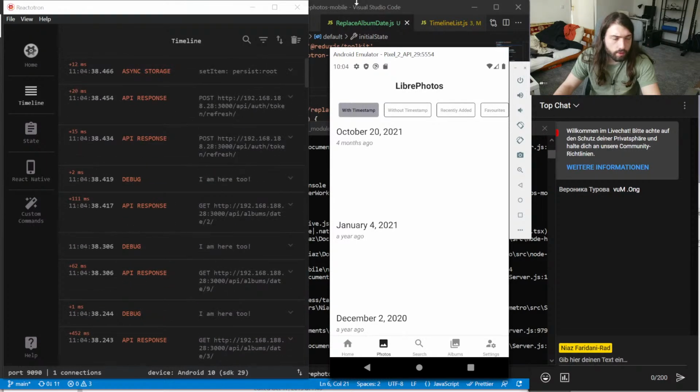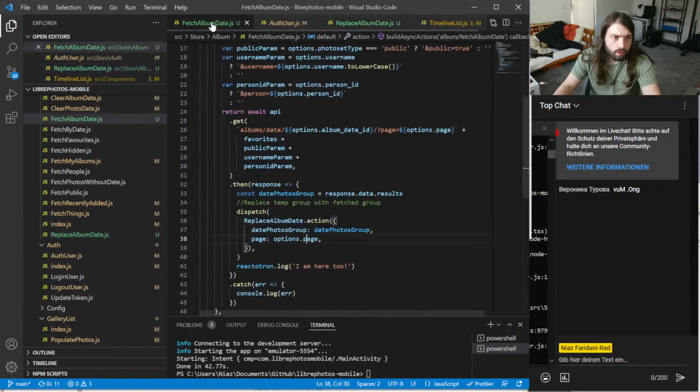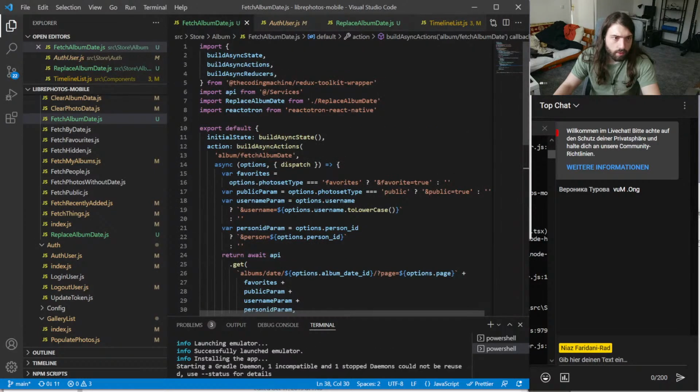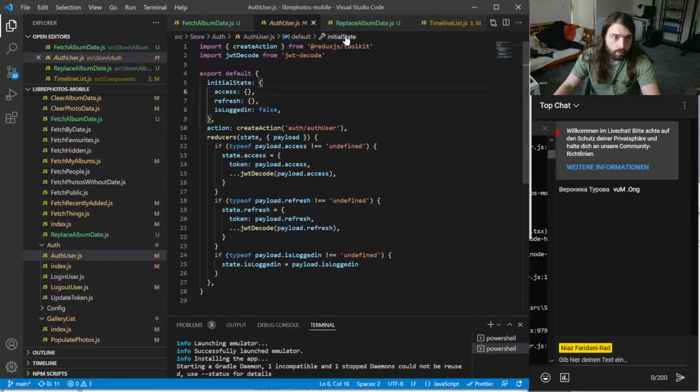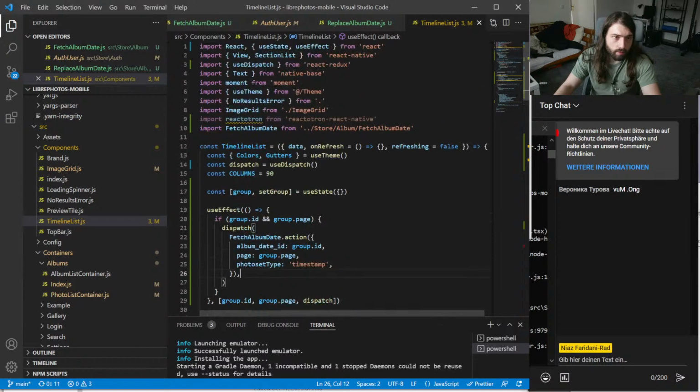Nope, we're still not seeing anything here from the reducers, which is stupid. So that still does not work. So let's go here. We have replace album date imported like that. Do we have to import that differently? Reactotron, fetch album date. We imported that like that.